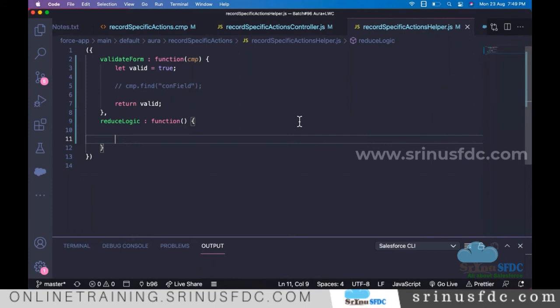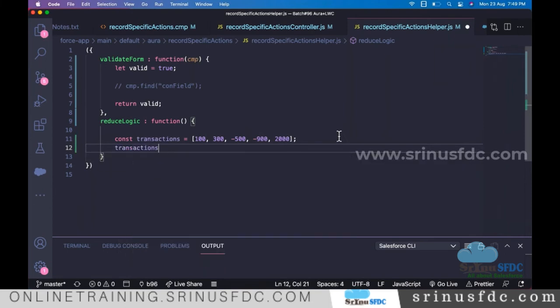So, how does the reduce function work? Let's say we have one array of numbers, transactions. Let's say we have 100, 300, minus 500, minus 900, and maybe 2000, something like that. All these transactions we are going to reduce into one single element. I'll say transactions dot